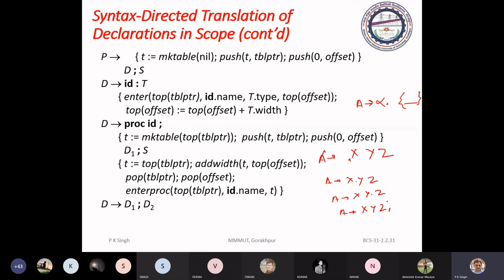Up to now we have applied actions in this situation only. But I told you that you can apply a semantic action at this position, at this position, as well as at this position. Here you have already applied.